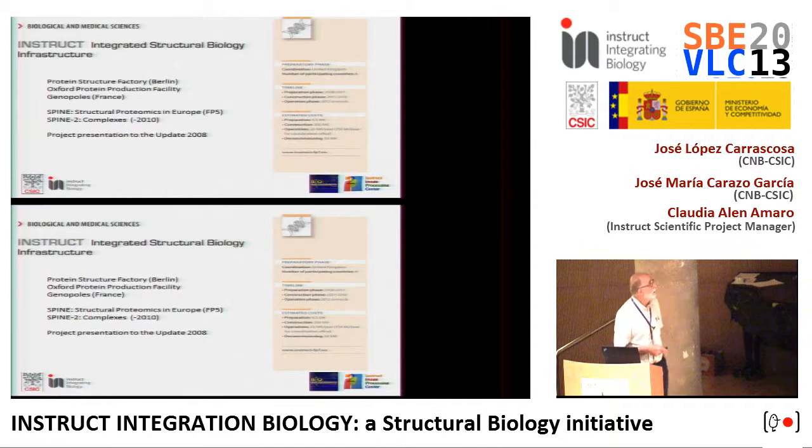The story of Instruct roots on the existence of very successful networks and projects at the European level. Just to mention the protein structure factory in Berlin, the Oxford Protein Production Facility and the Genopoles in France, and two main projects, SPINE, that was the structural proteomics in Europe, held in the Framework Program 5, and the SPINE 2 Complexes, that was the logical continuation of SPINE, related with complexes in this case,